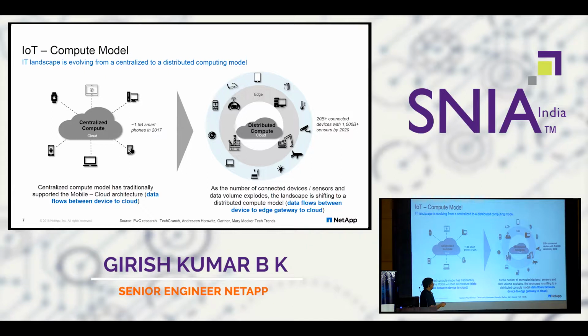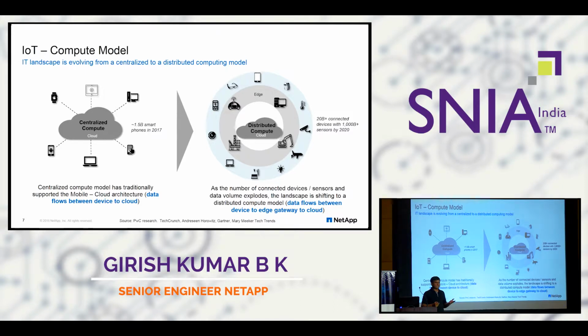And in the next model, it's a distributed computing model. You have cloud in the middle, and the edge is where some compute or the data aggregation will happen. These are the devices on the edge of the network where the data is getting generated, right? And this is the model that has already been mentioned in many of the IoT reference architectures you might be knowing. There are different words for this, edge, fog computing, all those things.